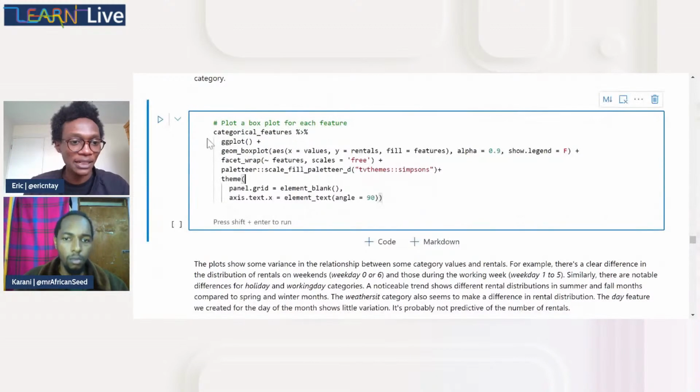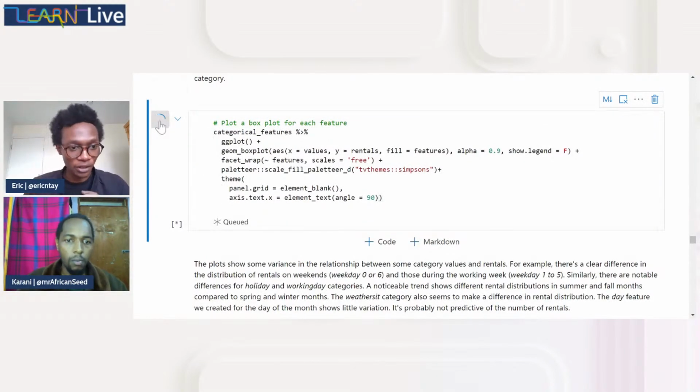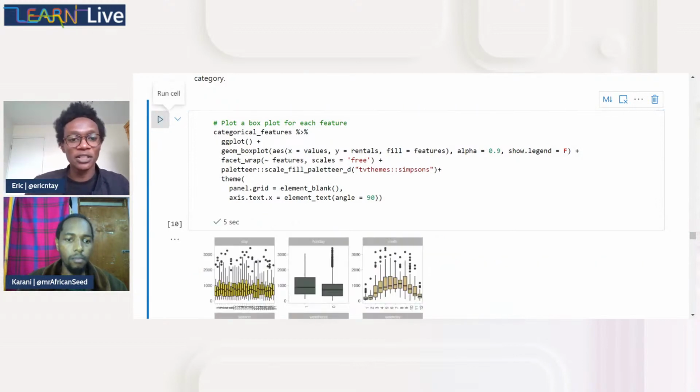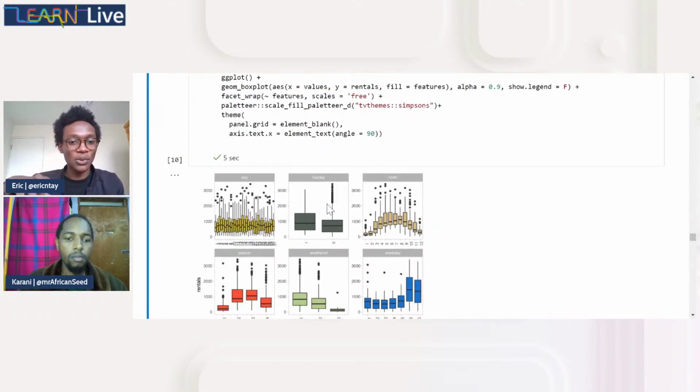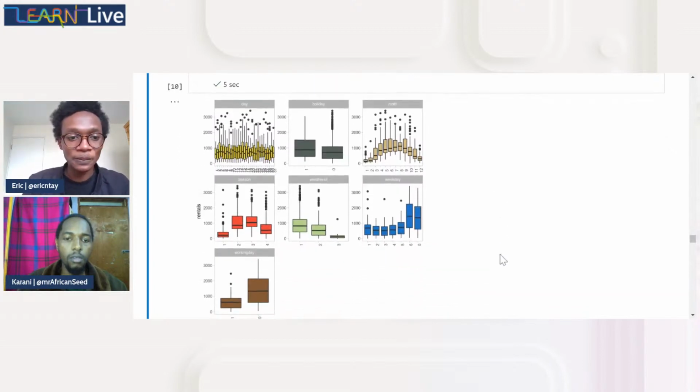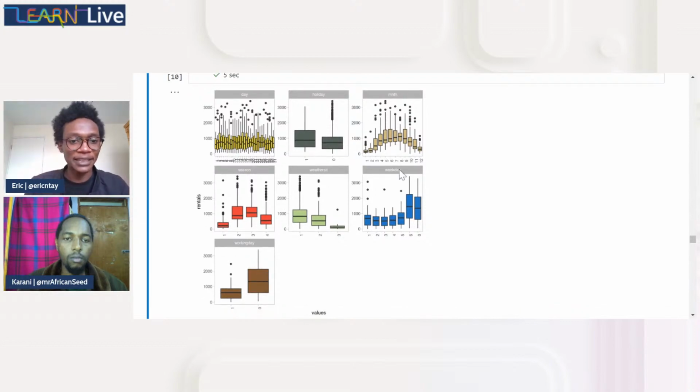Lastly, we can try and see how the categorical variables relate with what we want to predict, and that's the rentals. To do this, we typically make box plots. Box plots allow you to make summary statistics in terms of the minimum value, the maximum value, the median value by this line here, the lower quartile and the upper quartile. So as you can see here,